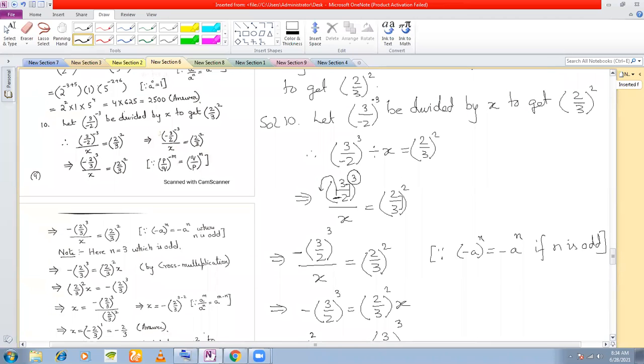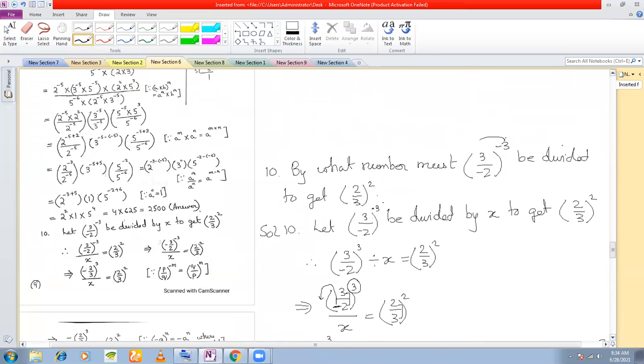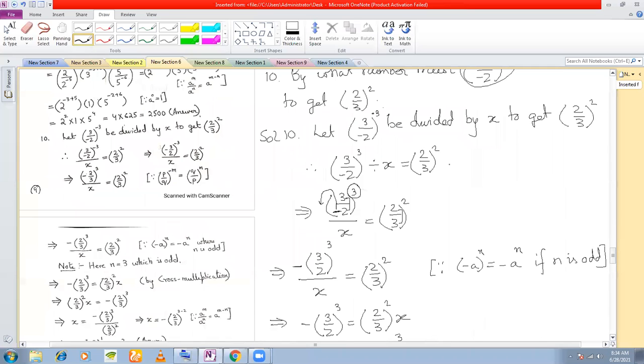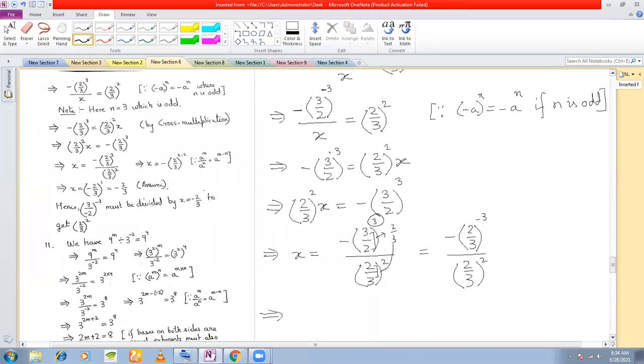Okay, so there's a small mistake here. I have not taken the negative sign from the beginning. The question here was by how much (-3) to the power of minus 3 must be divided. Okay, fine. We'll simply change the sign here. There should be a minus 3. This should be a minus 3, and this should be a minus 3. So that when we are taking the reciprocal, this should change to a plus 3. We have not taken the reciprocal yet, so this is minus 3, right?